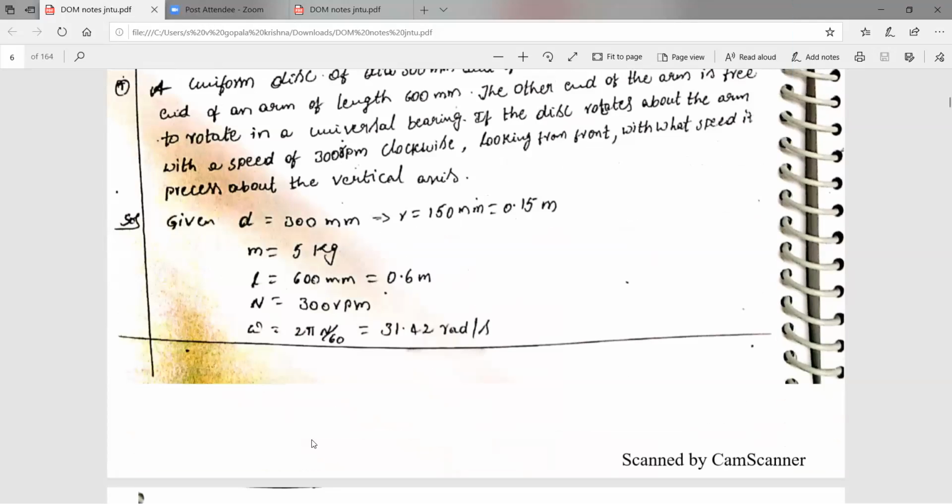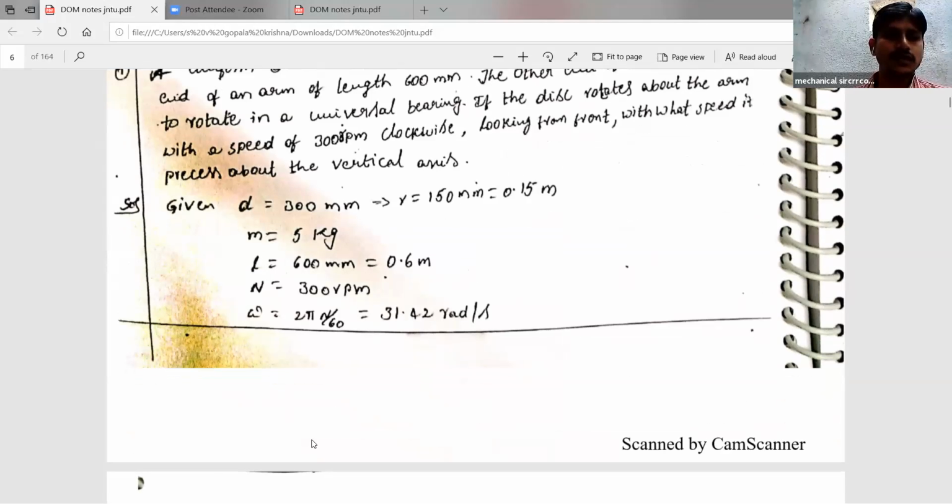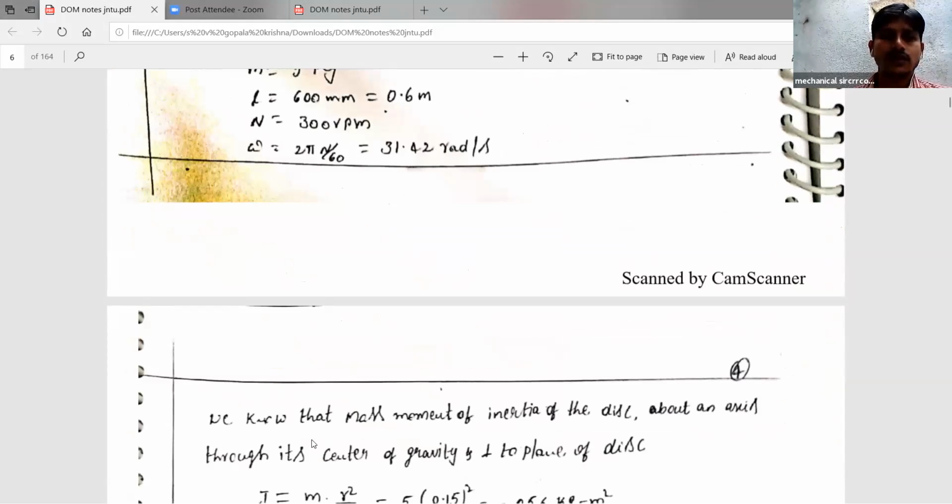Just make the calculation. That is also very important, not only to directly paste the matter, but you should also make some calculation. Okay. Now omega is known, and now all of you observe this.